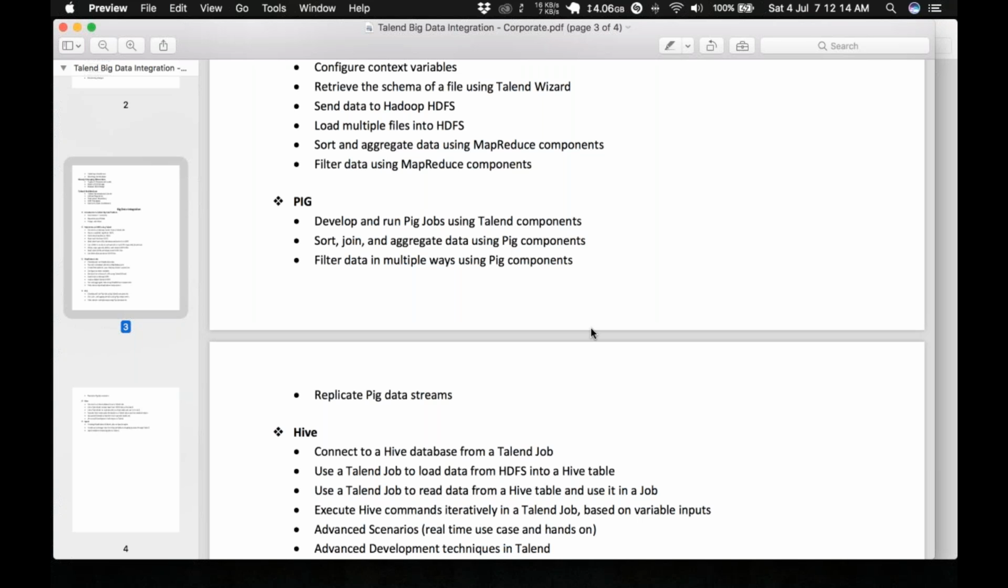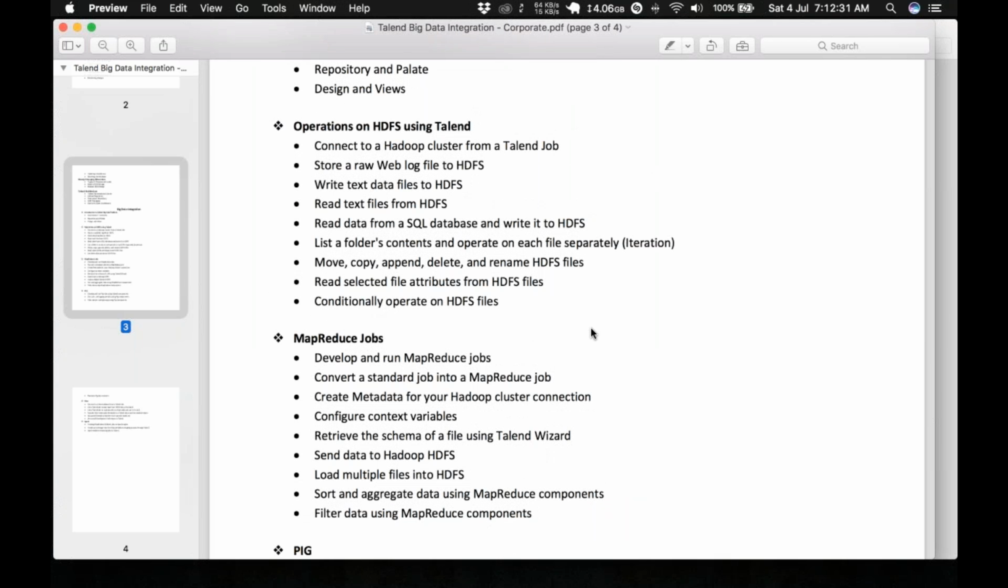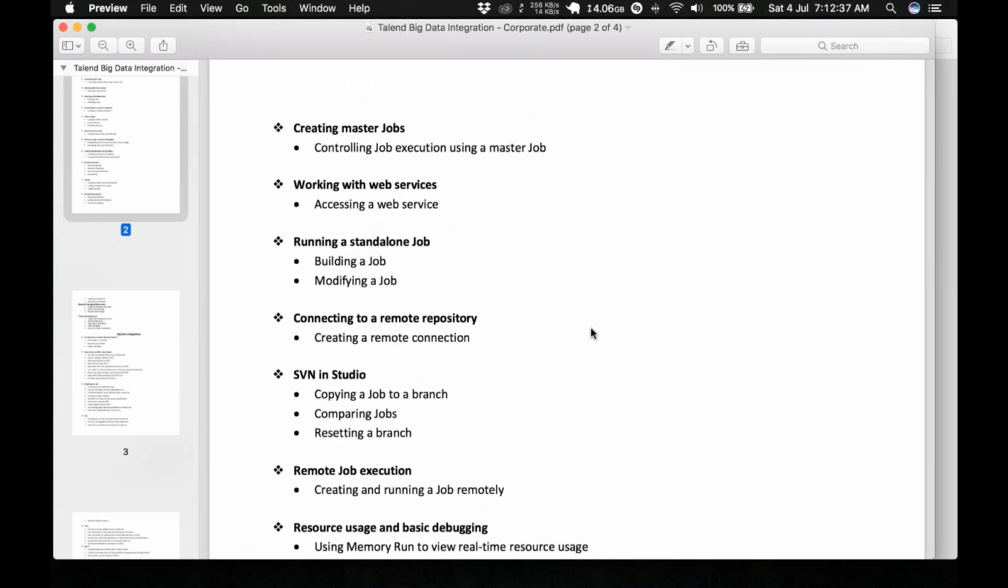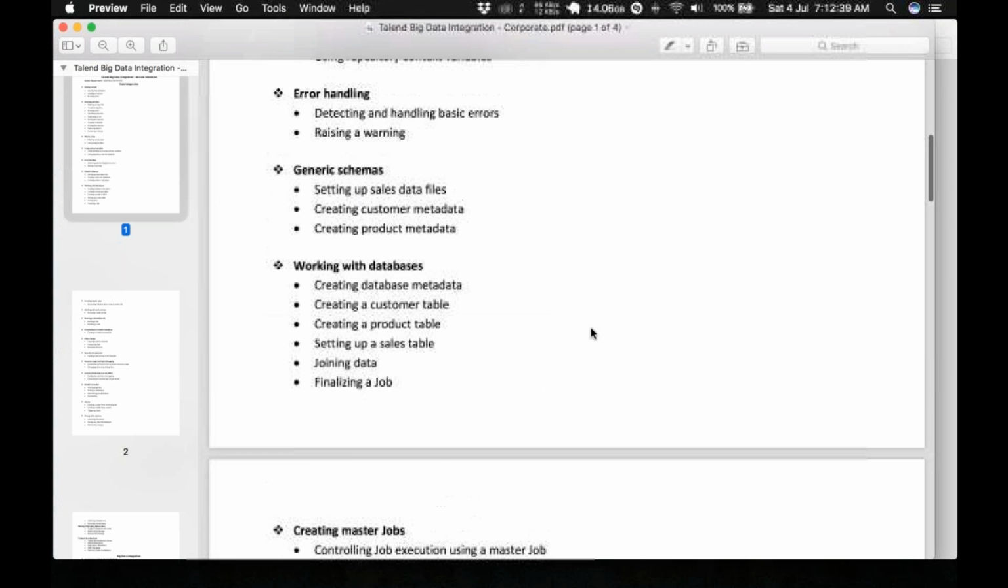So this is how we're going to take the training forward. We'll pick up slow, we pick up at the fundamentals, and then we take it up eventually into the advanced levels, and then ultimately reach the big data integration part. So this will go on about the next 3 to 4 weeks. We'll be connecting 5 hours a week, 5 days a week, and